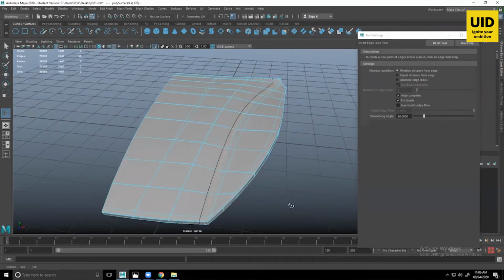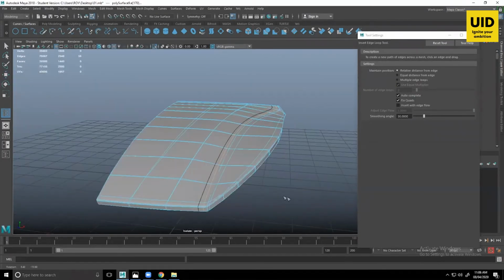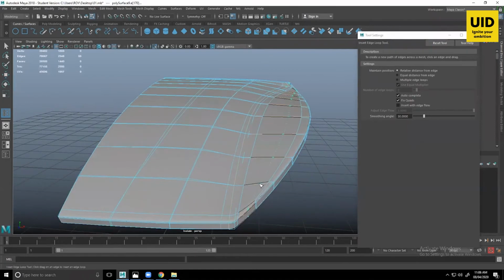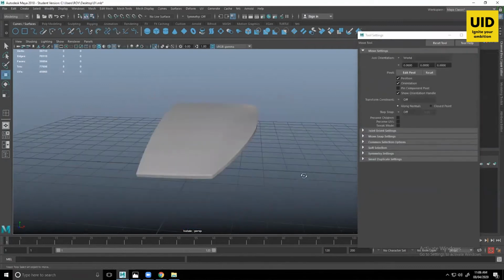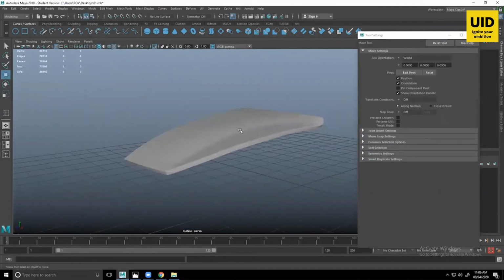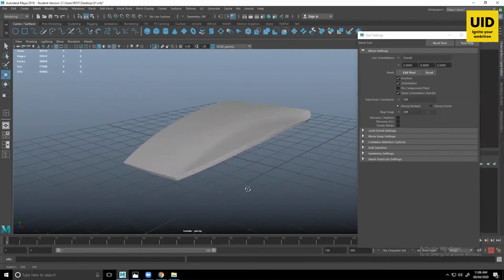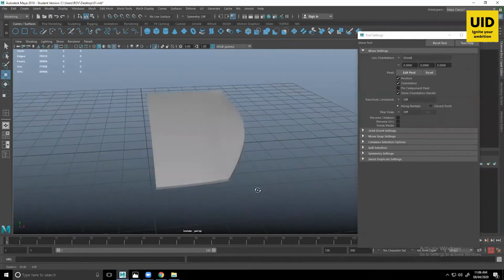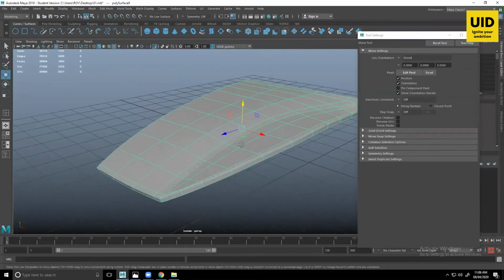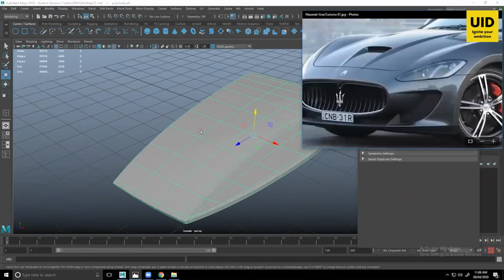Okay, now if I press 3, it's more prominent. And if I add one more over here, it becomes more prominent. See, it's there. Okay, fine. Let's move on to these.